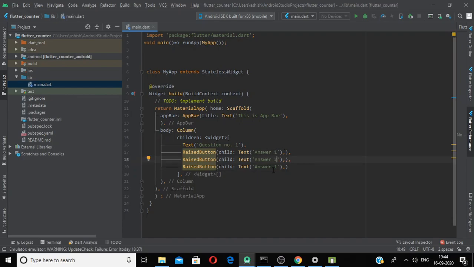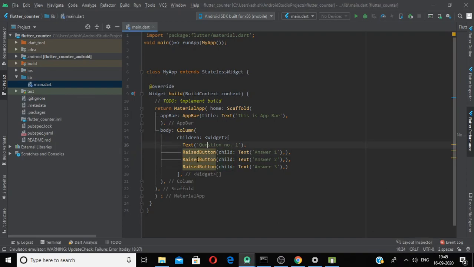Change the name to answer 2, answer 3, since a raised button means we have given the user an option to press the button.